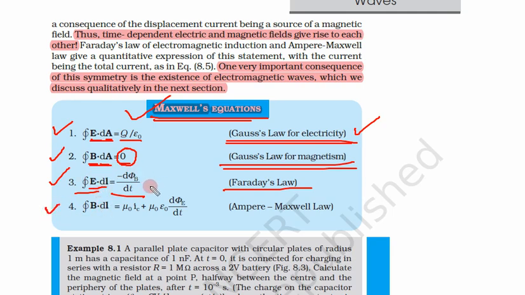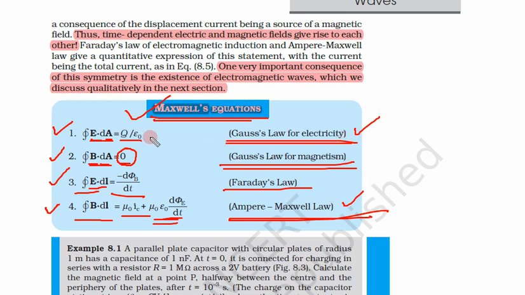Now the last one that we have just seen is Ampere's circuital law, but now modified with Maxwell's correction. This is the integral of B dot dl over a closed loop, equal to mu 0 I C plus mu 0 epsilon 0 d phi E by dt. This is called Ampere-Maxwell law. Previously it was Ampere's law, and now it is Ampere-Maxwell law.